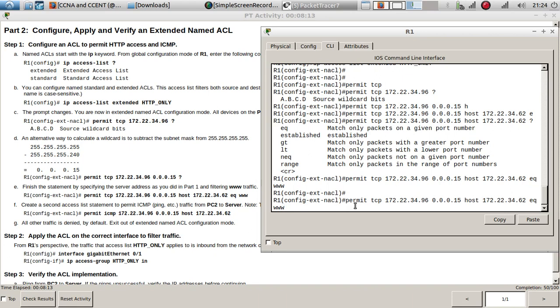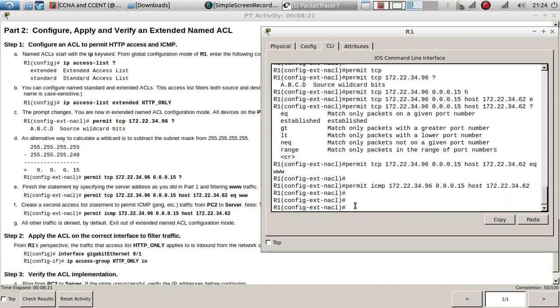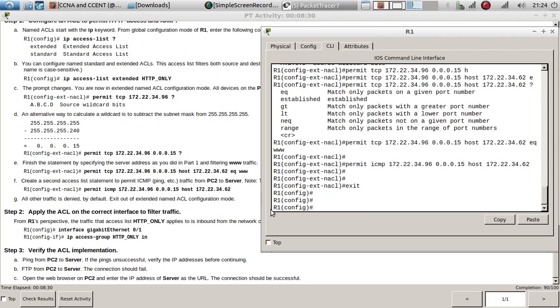It's going to be almost the same. You just have to remove this and add, instead of TCP, ICMP. There it is. And now we need to exit,